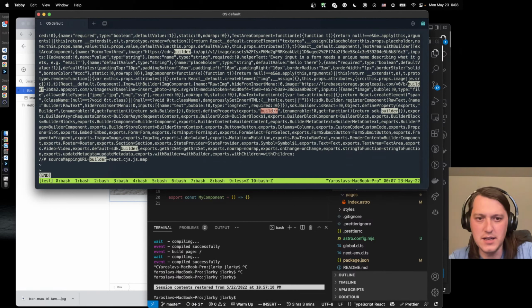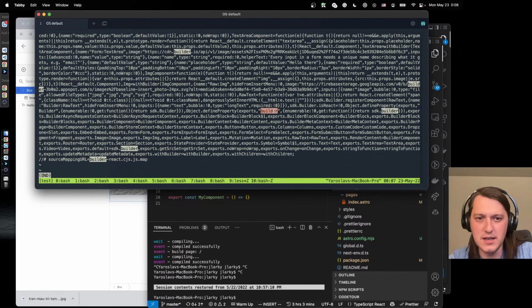So it seems like it is exported. Maybe that's where it tries to do some kind of like tree shaking, and it wants to go kind of like deeper into the package, and that's where it gets problematic.